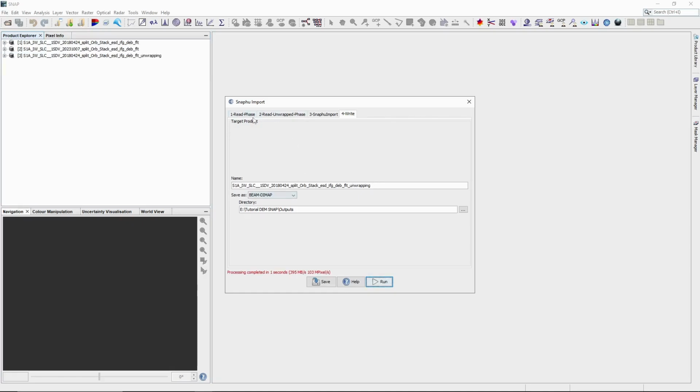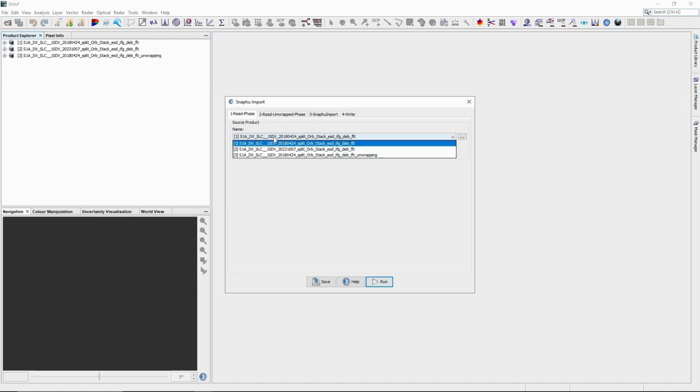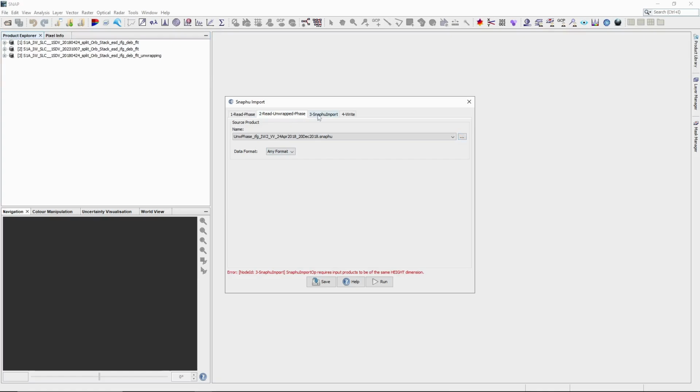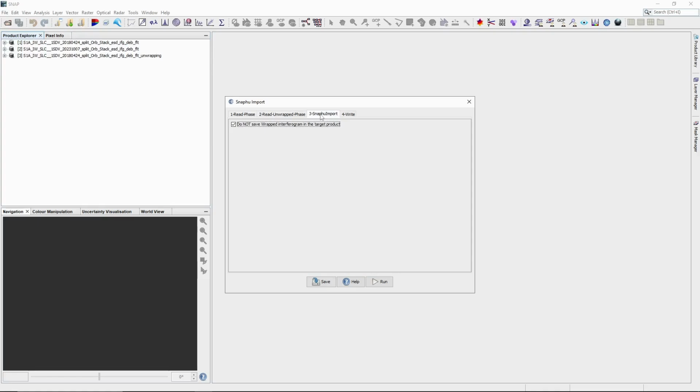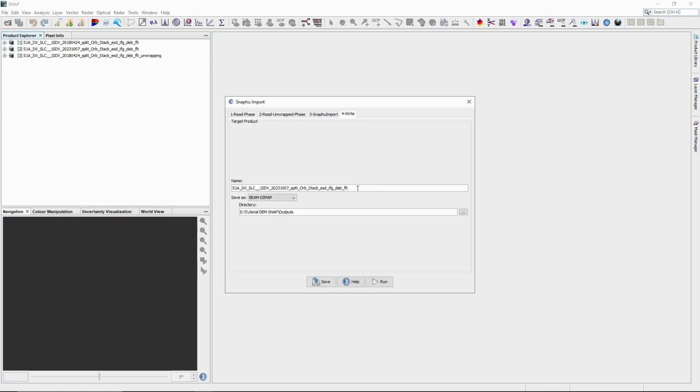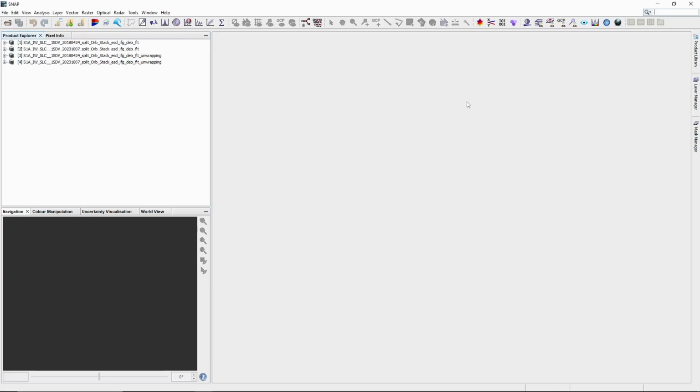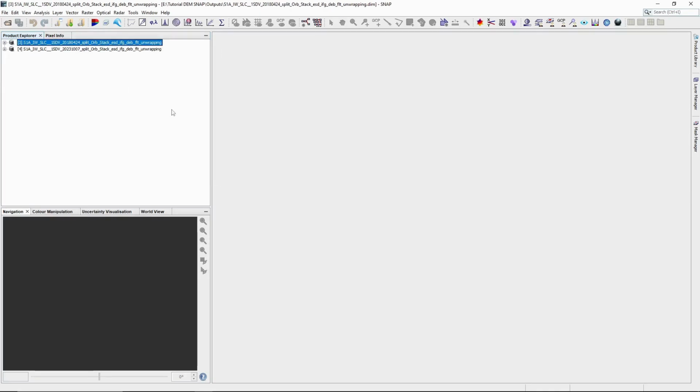Okay, we're done with the 2018 image. Now we do the same thing for the 2023 image. Same step as before. Just go to input the HDR image, the unwrapped phase for the 2023, and just tick here, already ticked, and then we will rename it to unwrapping. So just click run and use the default setting, and we're done for the SNAPHU import. Let me close the 2 products, and then